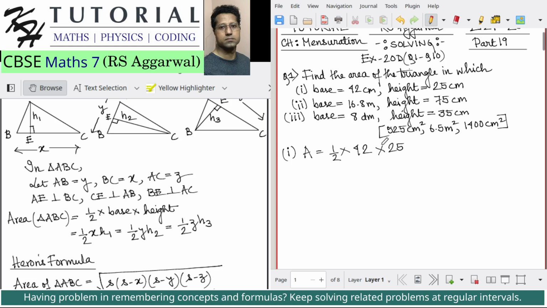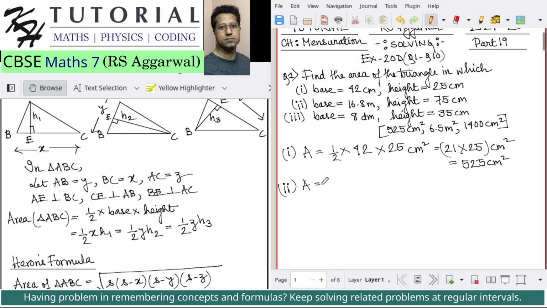Both the base and height are given in the same unit, that is centimeter. So this is this much centimeter square. This is equal to 21 multiplied by 25, this much centimeter square, and I will use the calculator. I'm sorry for this, but you should always do the calculation by hand. 21 multiplied by 25 is 525. So this is 525 centimeter square or square centimeter. Okay. Part 2,